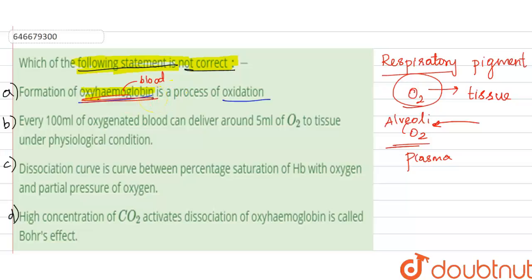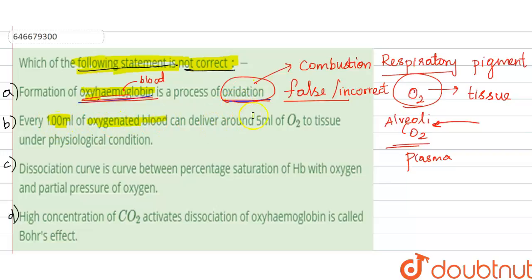Formation of oxyhemoglobin is a process of oxidation. This statement is absolutely false, because oxidation is a very separate process, a combustion-like process. We are not talking about that. We are talking about the binding of oxygen with hemoglobin in the blood. So this is the false statement, the incorrect statement. The first statement is the incorrect statement, and the second statement, option B,